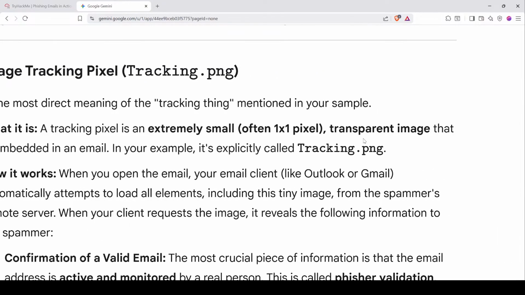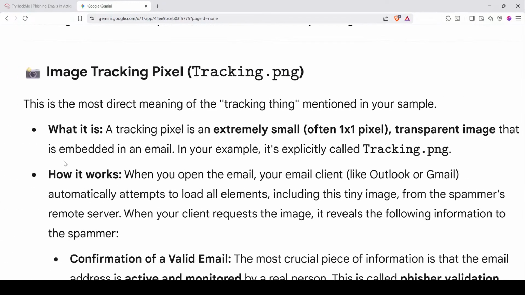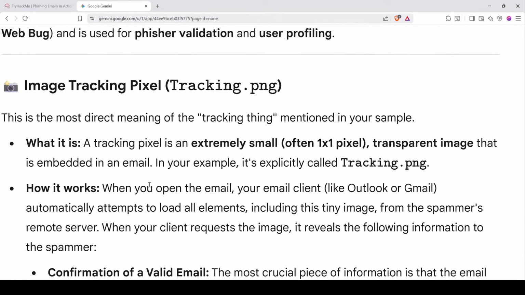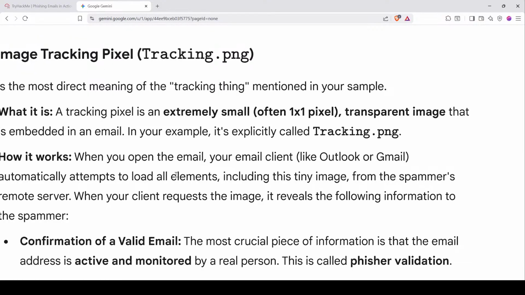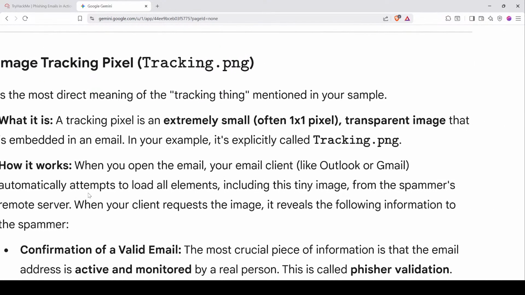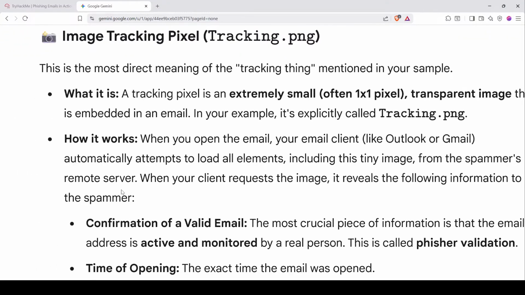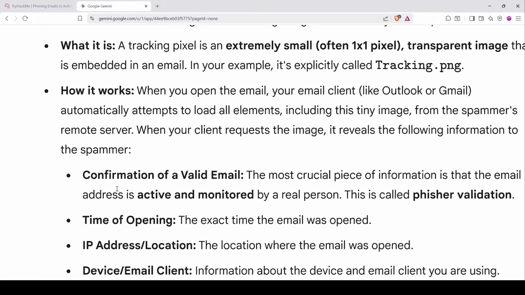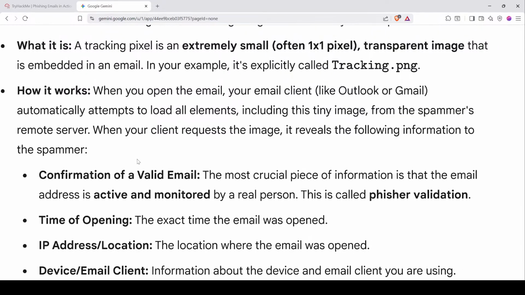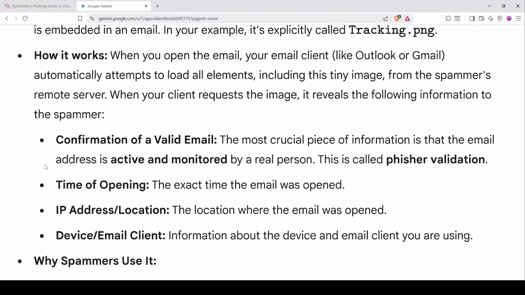Extremely small, transparent image that is embedded in the email. For example, this one. When you open the email, your email client automatically attempts to load all elements, including this tiny image, from the spammer's remote server. When your client requests the image, it reveals the following information to the spammer: confirmation of a valid email, active and monitored by a real person, phishing validation, okay, time of opening, the exact time the email was opened,